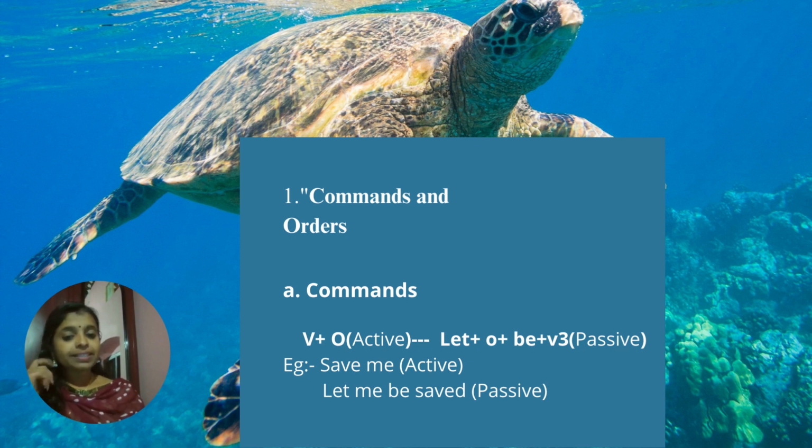Okay, for example, I have written an example here: save me is a command, and here save is a verb and me is the object here. And now it is changed into passive as let me be saved. That is, let will be there, me is the object there, okay, be is there, and v3 of save is saved. Let me be saved. Okay,